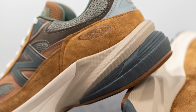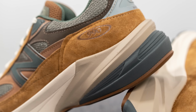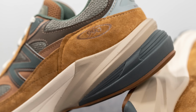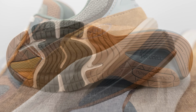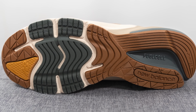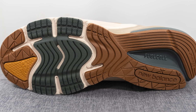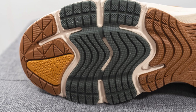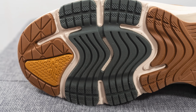So the end cap is a dual density foam setup consisting of a softer EVA core surrounded by a stiffer polyurethane rim, which gives you a good balance of softness and support. Finally, turning this pair over to the bottom, the outsole is constructed out of a mix of brown, tan, and dark gray colored rubber. We have this wavy style traction pattern on the forefoot and New Balance logos on the forefoot and the heel,